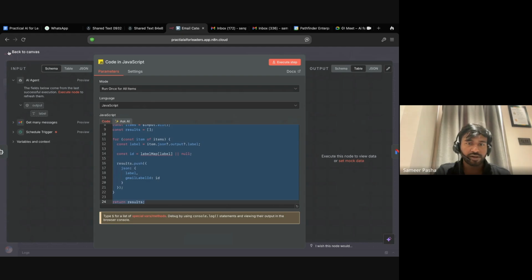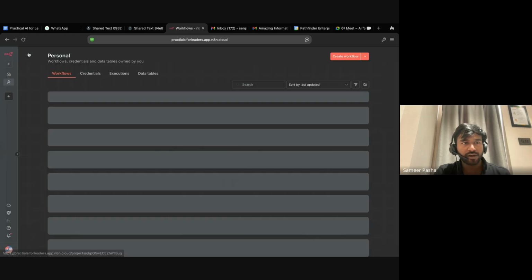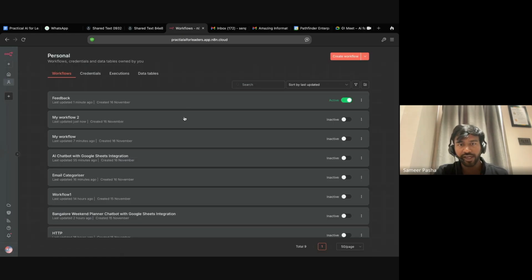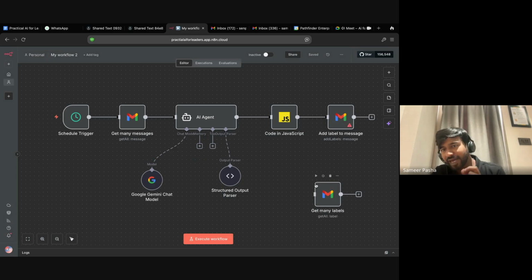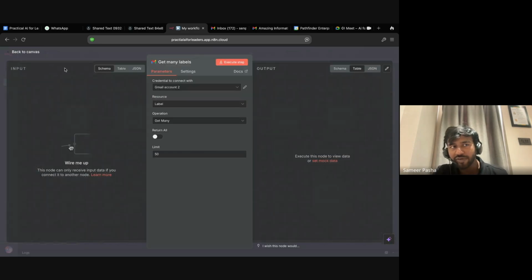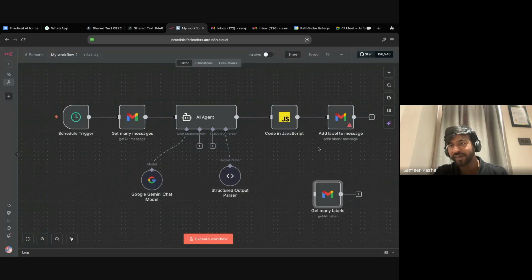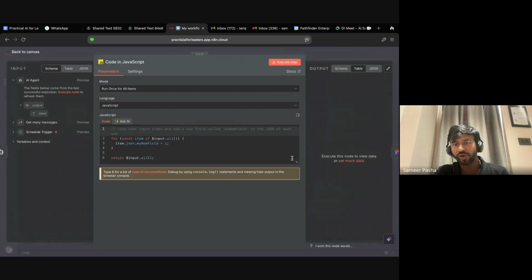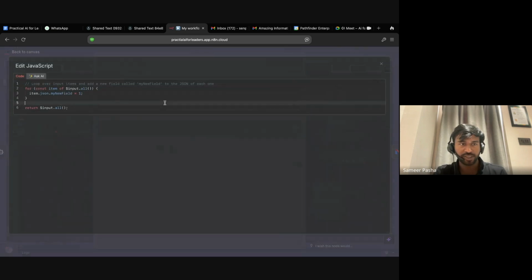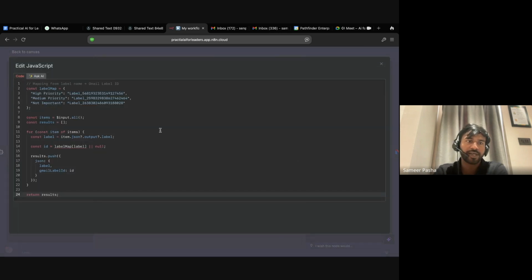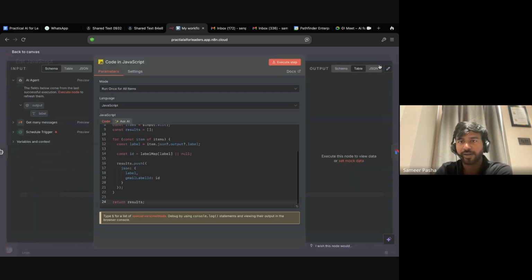Whatever label that we are getting, we are just tagging that to the label ID that we have here, whatever I shared earlier. I'll walk you through the JavaScript step by step. Basically in this JavaScript, we are saying that, hey, if it's high priority, this is the label ID. If it's medium priority, this is the label ID. If it's not important, this is the label ID. That's all. Nothing more than that.